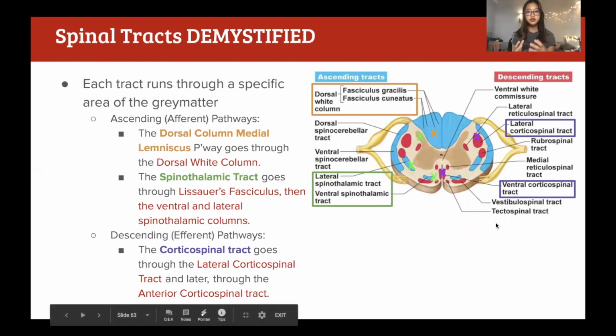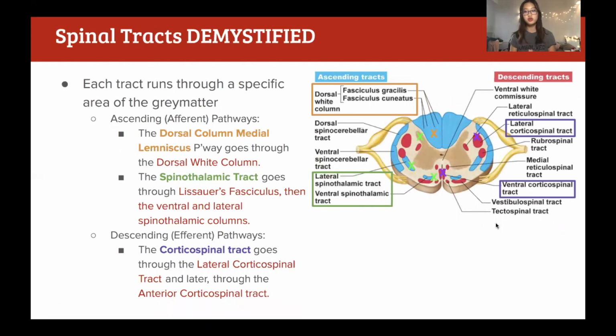Okay, so spinal tracts. Now, what happens when your neurons join up to become pathways from either your sensory receptors or your muscles to your brain? Well, these become spinal tracts. So there are two types of tracts. There are ascending pathways and there are descending pathways. So the ascending pathways